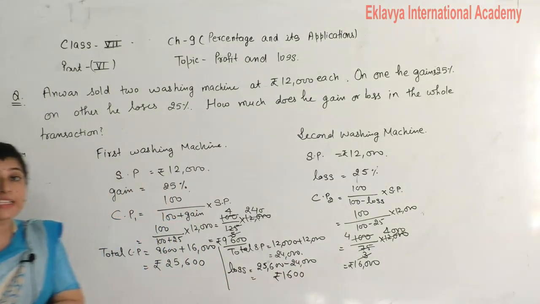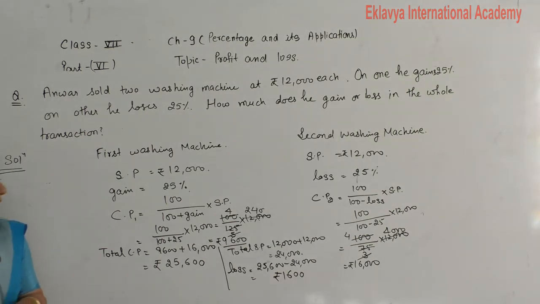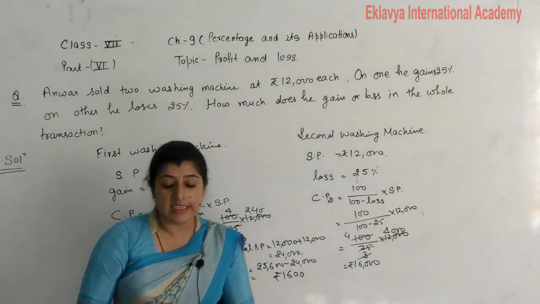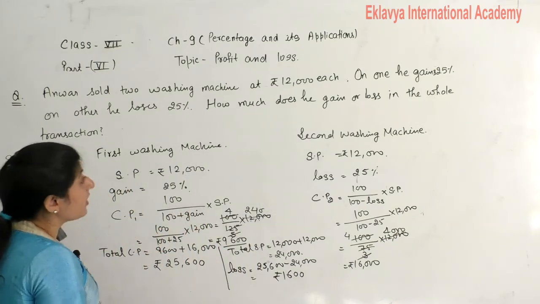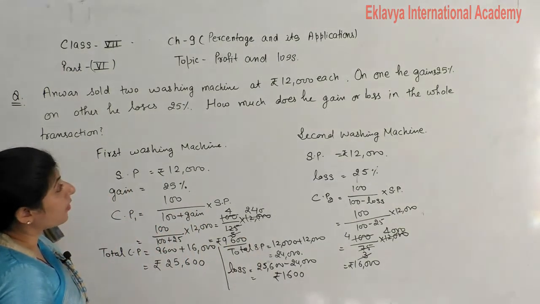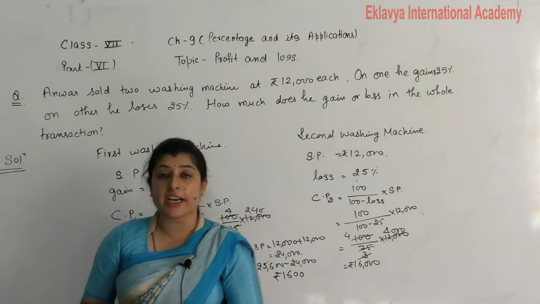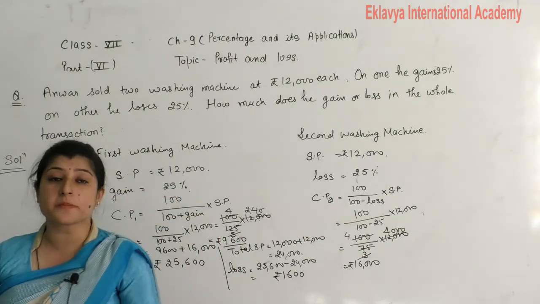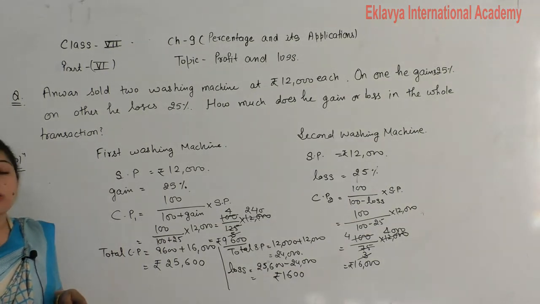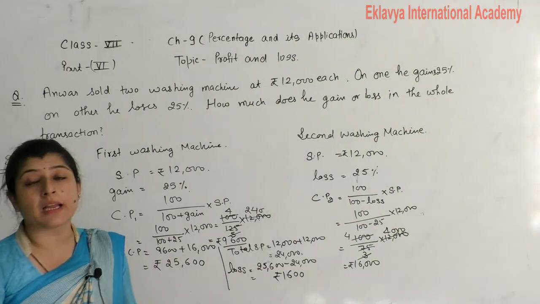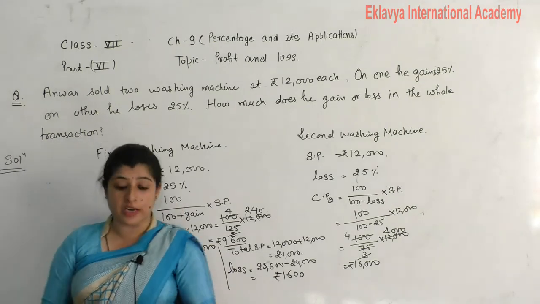Selling price is less than the cost price, it means he will get a loss. How much loss? That is rupees 1,600. And that is how much he loses in the whole transaction. If you want to find the gain or loss percentage, then the same formula you can apply, that is loss divided by CP multiplied by 100. So in this way you will complete your exercise